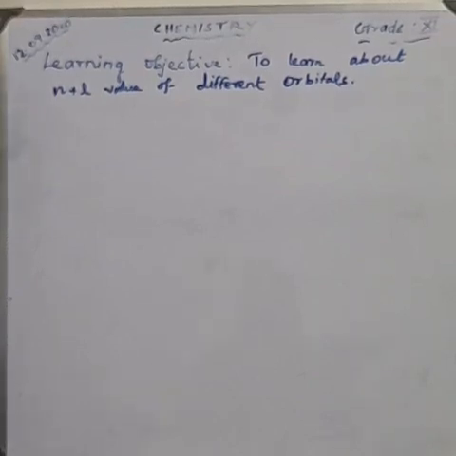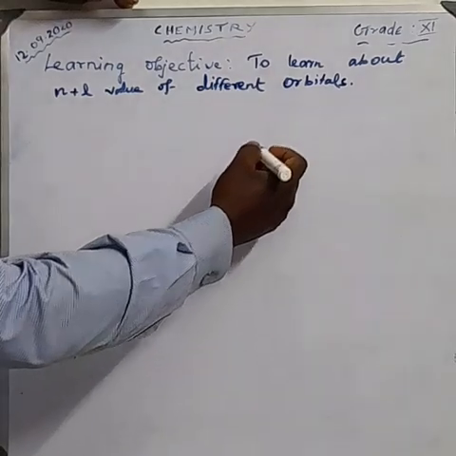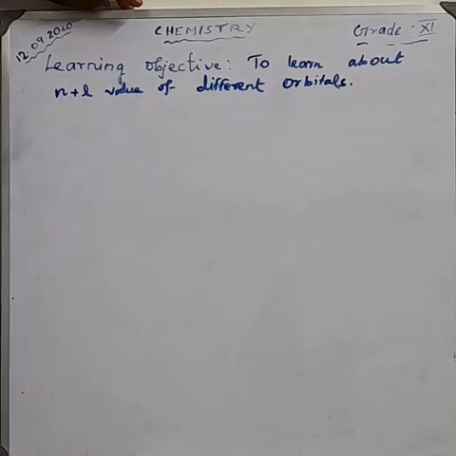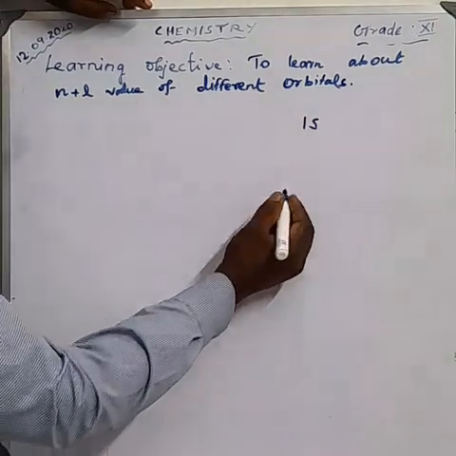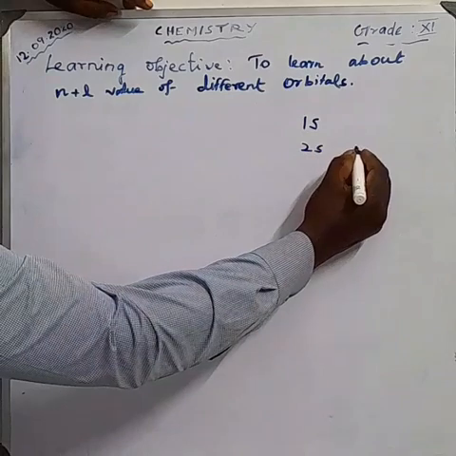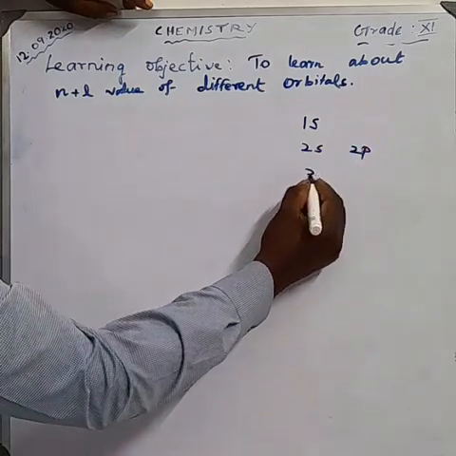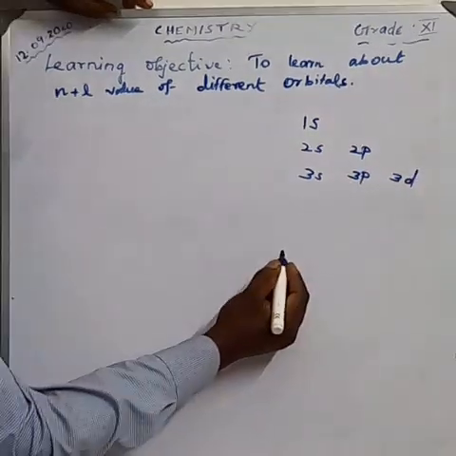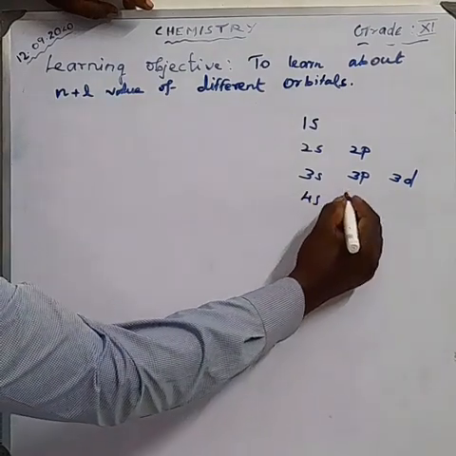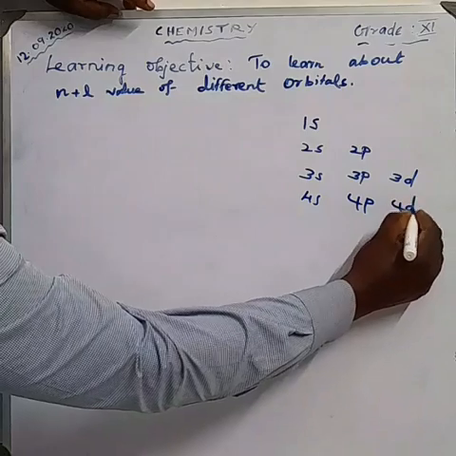The energy of various orbitals will be in the following order. While writing the electronic configuration, you should know the increasing order of the energy. First I write 1s, next 2s, 2p, 3s, 3p, 3d, 4s, 4p, 4d, 4f,